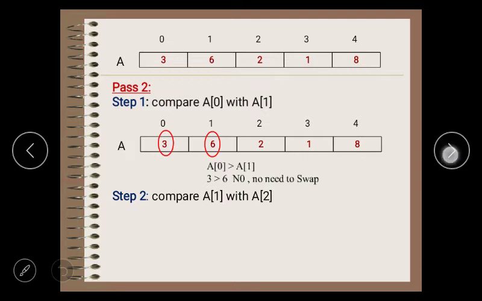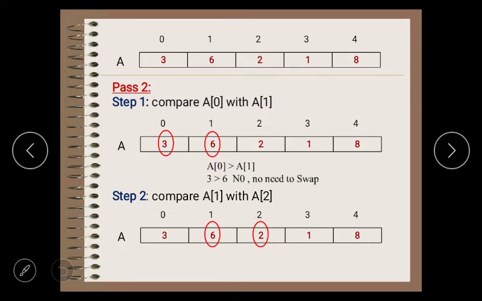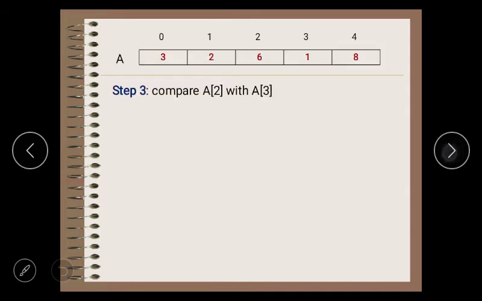Is 6 greater than 2? Yes. If the condition is true, we need to swap the elements with each other. After swapping, we get the array like this. Then take step number 3 and compare a of 2 with a of 3, and check whether a of 2 is greater than a of 3 or not.